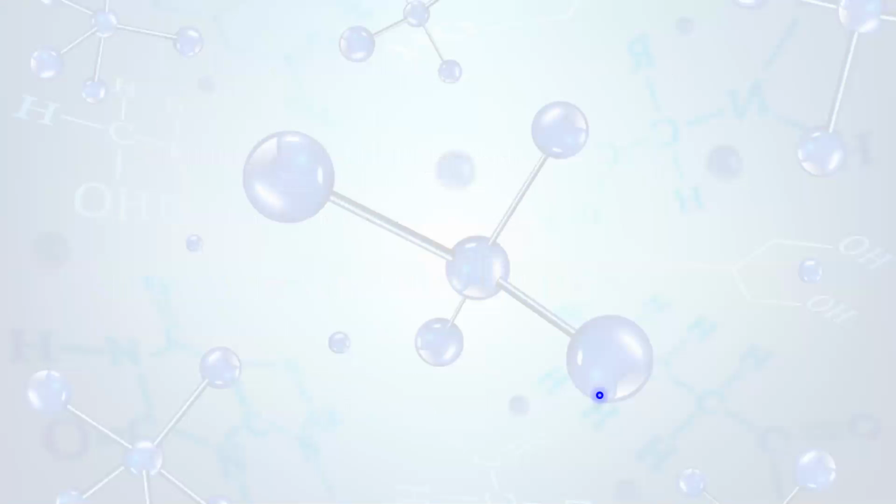Secondly, we have the type of reactions which contain two reactants and one product. Example, formation of ammonia. As you can see here, nitrogen and hydrogen undergo reaction to produce ammonia. How many reactants? Two reactants, nitrogen and hydrogen. And how many products? Only one product here, that is ammonia. Move to the third type.